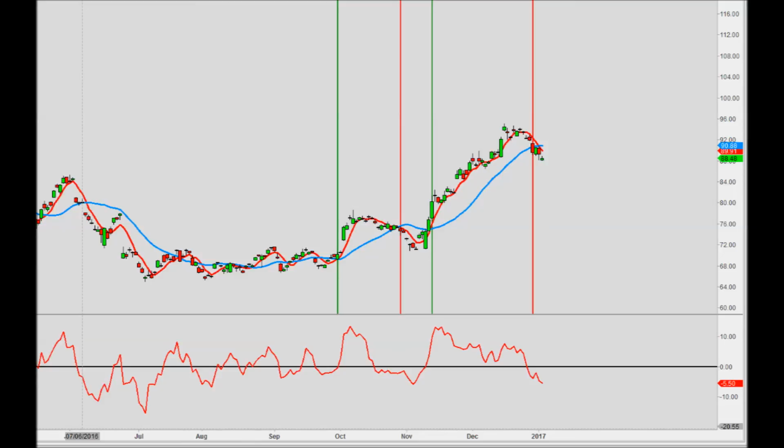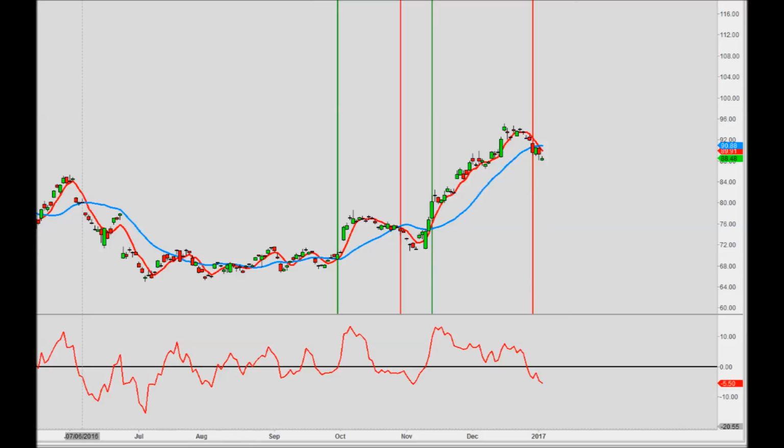Now, one of the things that we can do is add a filter to this, which is what I've done. The red line in the bottom part of the chart is called the rate of change. This is our representation of energy. What we want to see, if we're going to buy GLL or we're going to buy UGL,